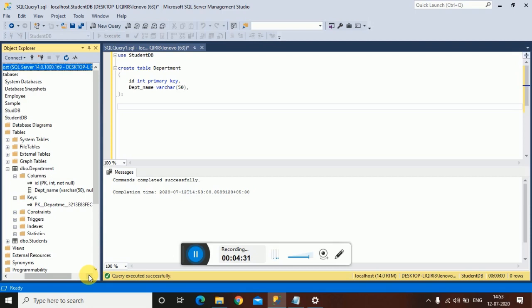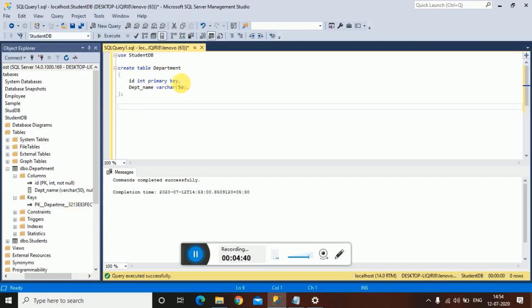If you want to specify your own name for your primary key, you can use the below method. I will drop this table and recreate the table. So these are the two columns of my table, and I want to create a primary key. I will specify the name as constraint.